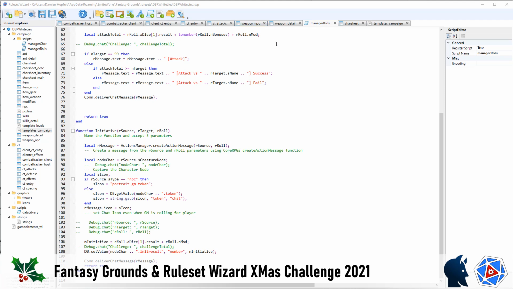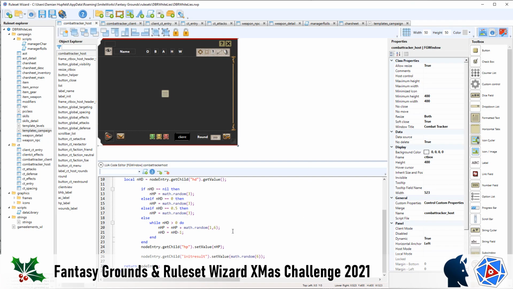Alright guys, so we want to do initiative, and we need to do initiative for the NPCs, which is one function. It's going to be quite straightforward because we're going to reuse the same sort of section that we did for setting the hit points, and they're going to use the same functions in there as well. So we're going to go to combat tracker host, and we're going to simply add this line here: